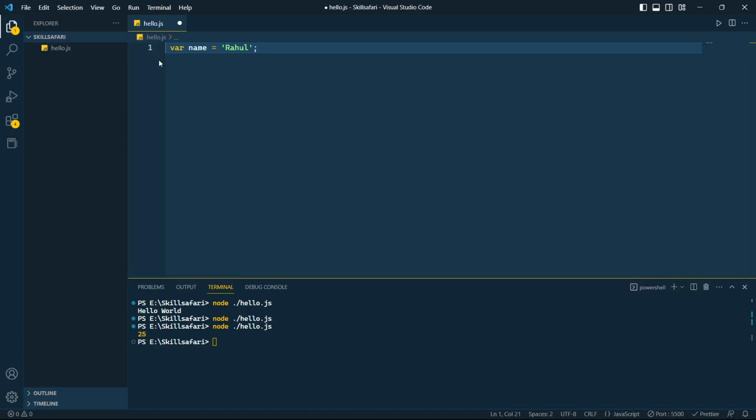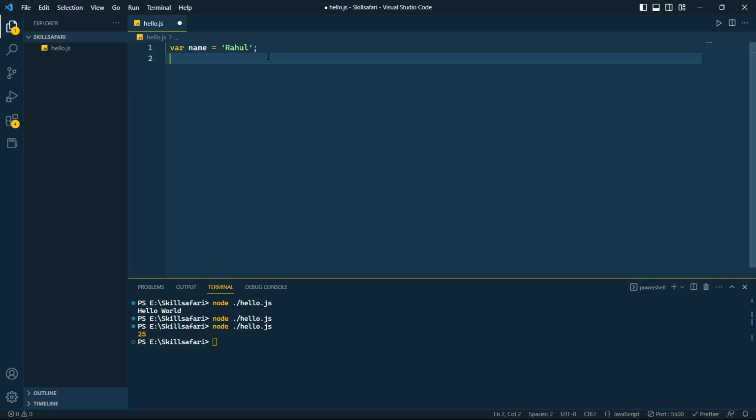Global means it has access throughout this file, this hello.js file.